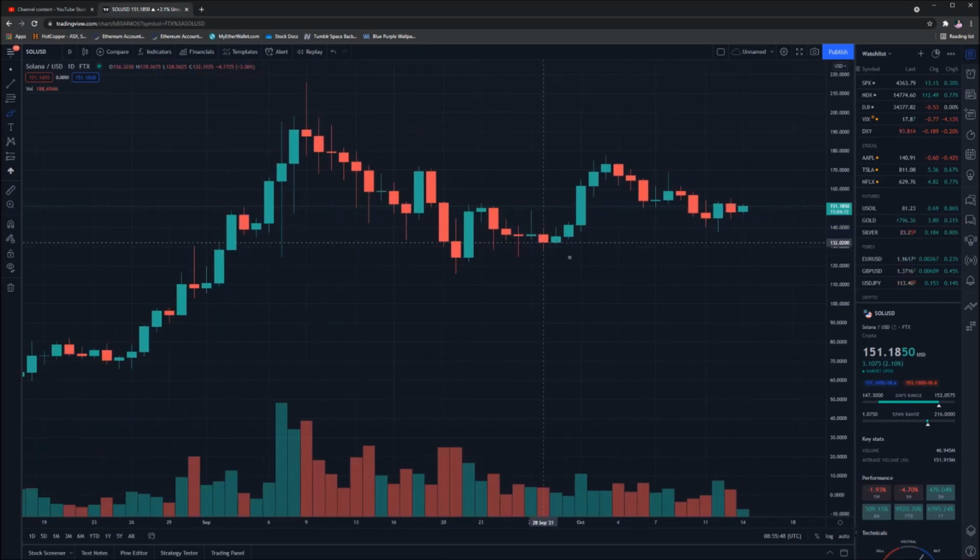Last time we took a look at this coin was right here on the 29th, and I'll just zoom in on that one for you. On that day we had a high of $140 and a low down here of $131. Now where we're sitting currently is 151, so much higher than it was previously, but we did peak a few days after our video at